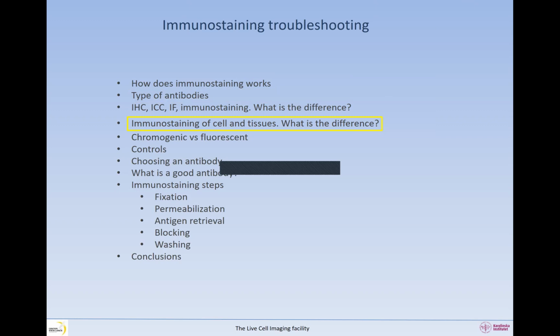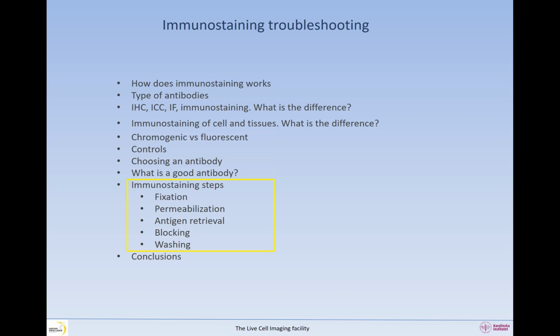We will go through what the difference is between IHC, ICC, and IF, if there is a difference, and why. If we immunostain cells or tissues, is it the same thing, or do we have to think about something different between the two? What's the difference between chromogenic versus fluorescent labeling? What kind of controls should we always have when we perform an immunostaining? How do we choose an antibody? What is a good antibody? And I will again highlight